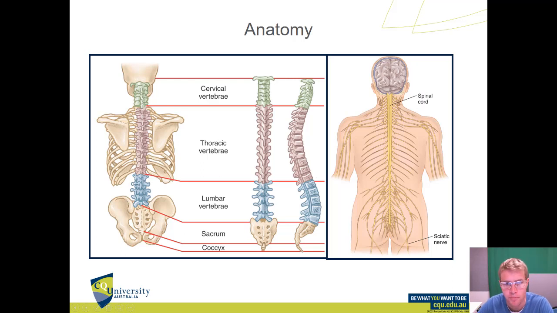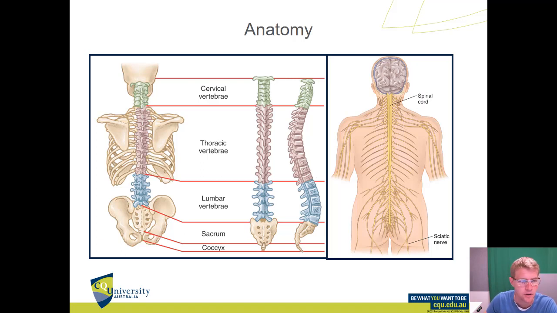So you've got 33 bones in your spine, but only 24 of them can actually move. The bottom ones down in the sacrum and the coccyx are fused. And the ones that can move, in green on this slide, are your cervical bones, and you have 7 there, so C1 to C7. These are the most mobile bones in your spine and predominantly where a lot of injuries